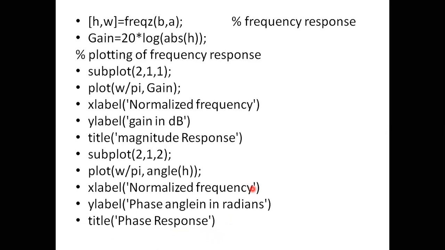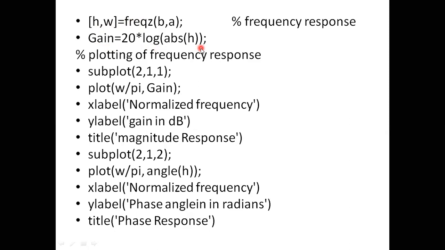Next, after finding the coefficients and order, now find your frequency response. So H is denoting your frequency response corresponding to your frequency omega. So what is the command to find the frequency response? Command is FREQ, and that frequency response is in Z transform. So FREQZ, and you are finding the frequency response corresponding to these two coefficients, B and A. Clear? So this line will give you the frequency response. After that, find the gain of the system. Since your gain is not in dB, find your gain in dB.